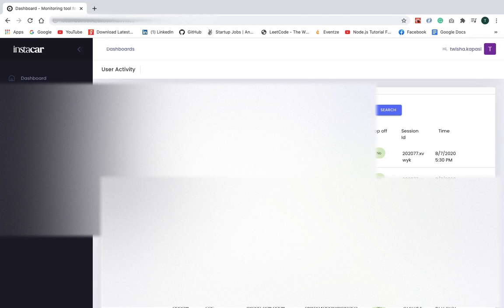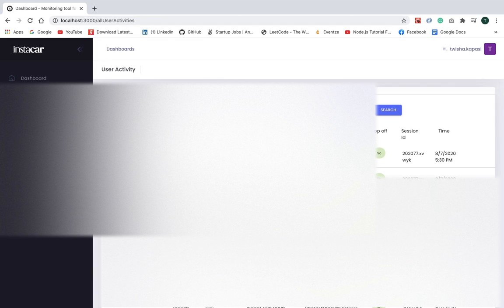This user activity table has the name of the customer, email ID of the customer. Along with this, we also store the phone number of the customer in this column itself. There are also source and medium, and session ID. Source and medium tells us where the user is coming from. If the user is coming in because of some campaign, then it has some source and medium in the link. So we capture them and store them in these tables.